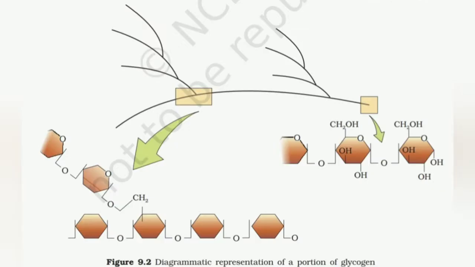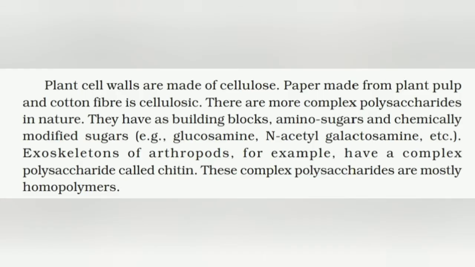Let us see the structure of glycogen. Here we can see a chain in which we have branching. If we magnify the chain, we have to see the right hand side portion. Glucose molecules are attached, while on the left side a branch is shown to you. When the OH of the CH2OH group is removed, a branch of a similar chain is attached over there. So this is the structure of glycogen.